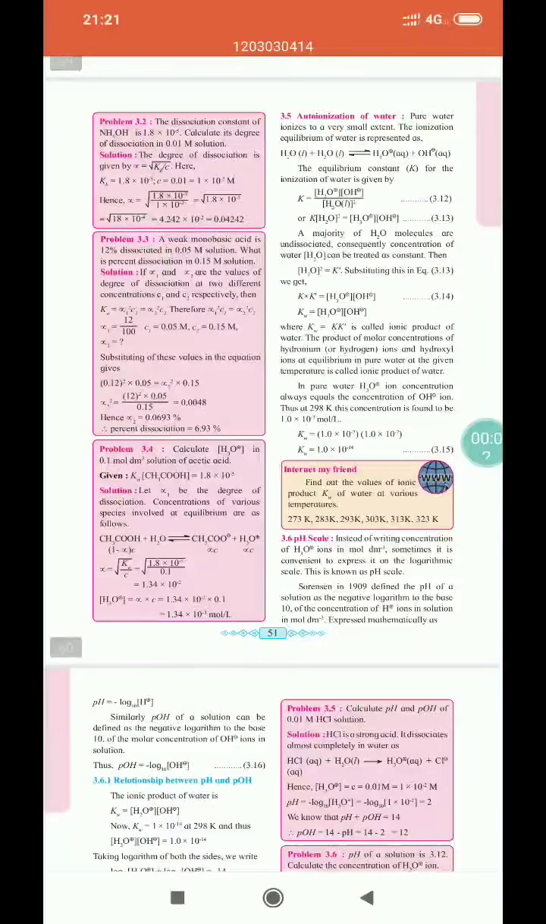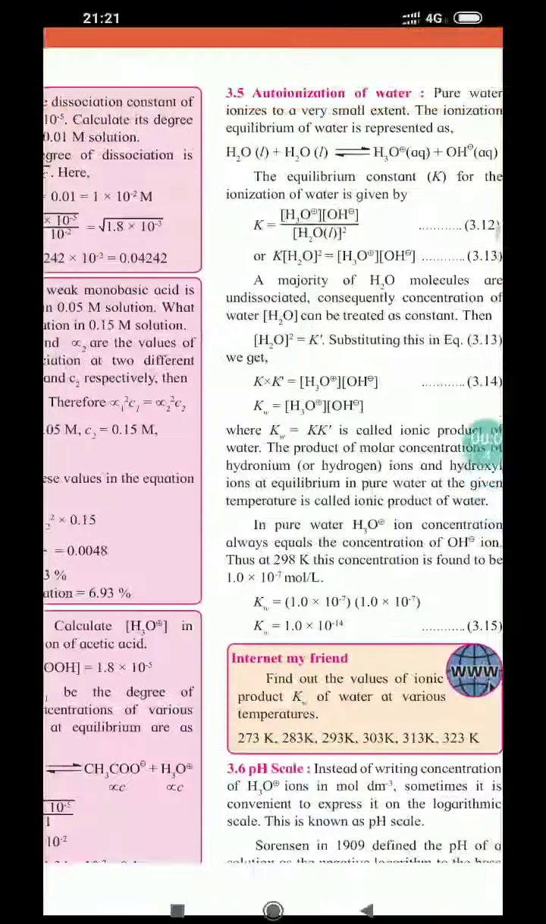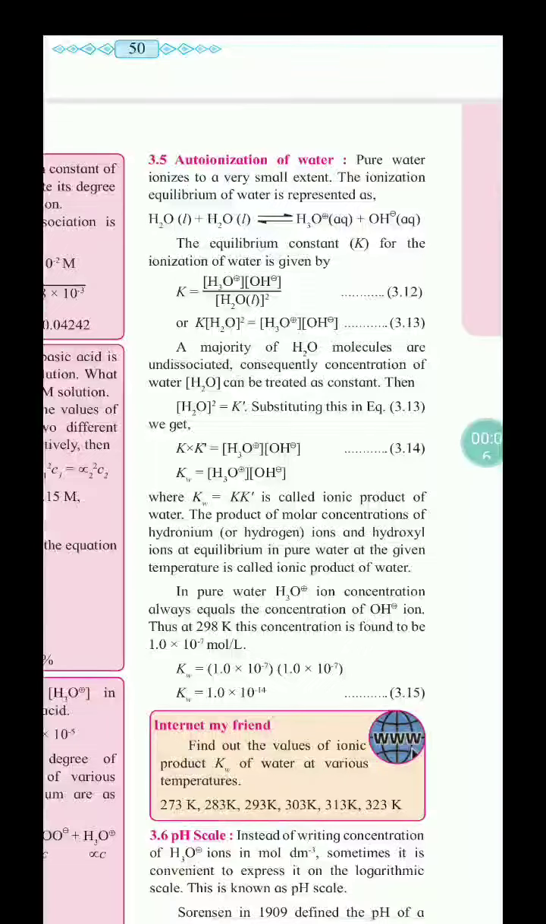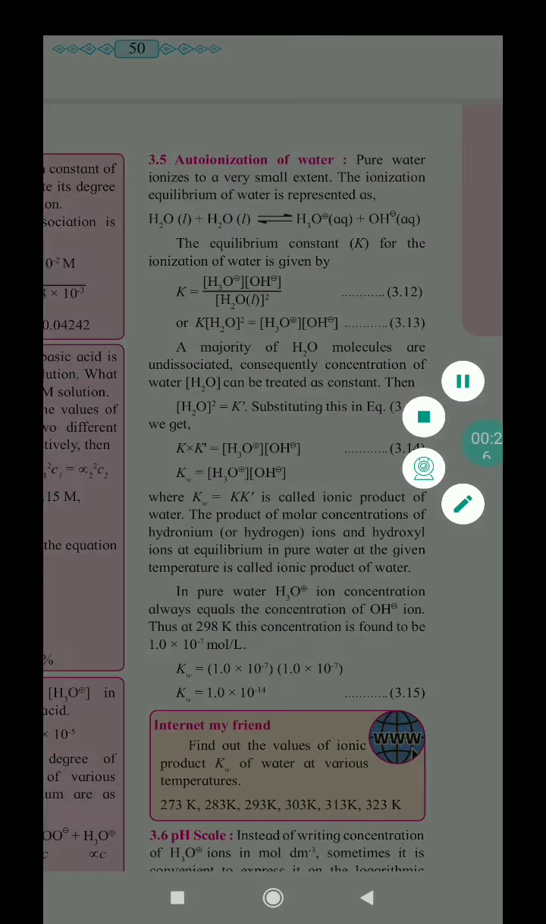Students, now we start autoionization of water. After solving the problems on Ostwald dilution law, here is autoionization of water. Pure water ionizes to a very small extent, you know that. Here the ionization equilibrium of water is represented as, water H2O